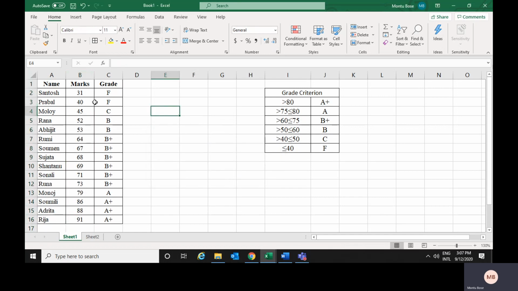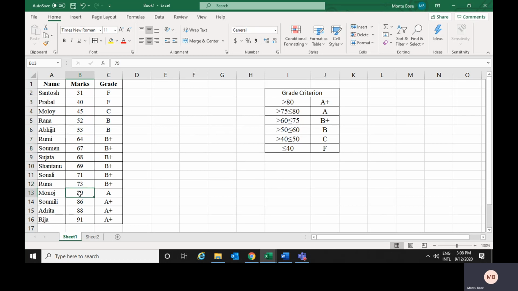So you could check that those who have got less than or equal to 40%, both these two candidates, have failed. Similarly 45 is within this bracket, so it is C. 52 and 53, which come within 50 to 60, are B. 64 to 73, which come within this bracket, are B plus.